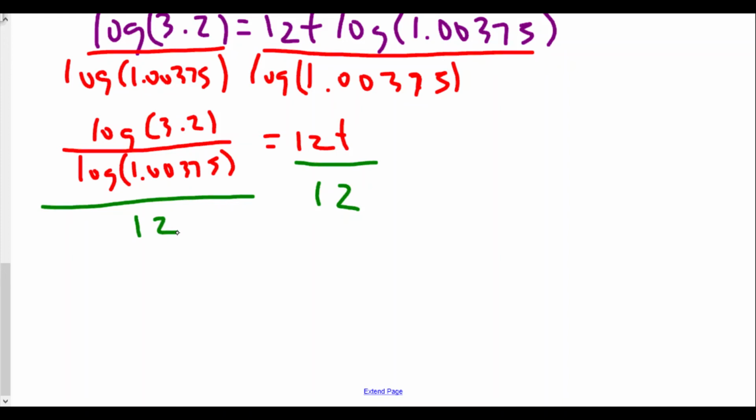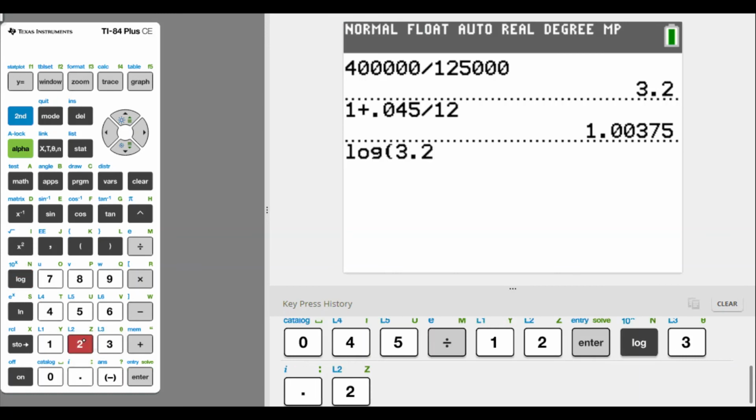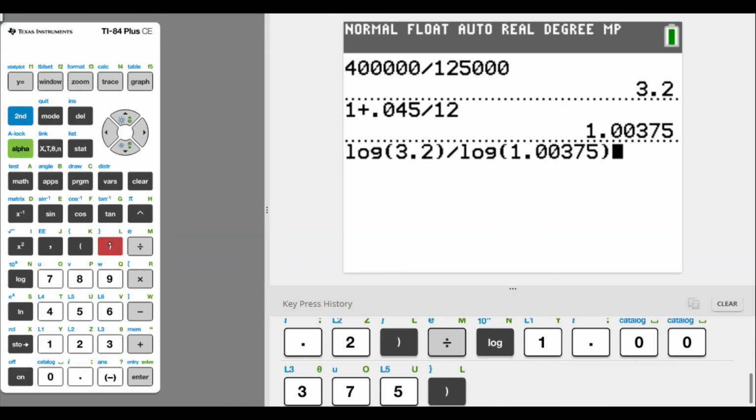All right, so how is this all going to look when we use a calculator? Well, here's what we're going to do. We have log of 3.2, close parenthesis, divided by the log of 1.00375, close parenthesis. That was what we had on the left side. And now we're dividing it by 12, so we divide by 12 again. And we're going to get